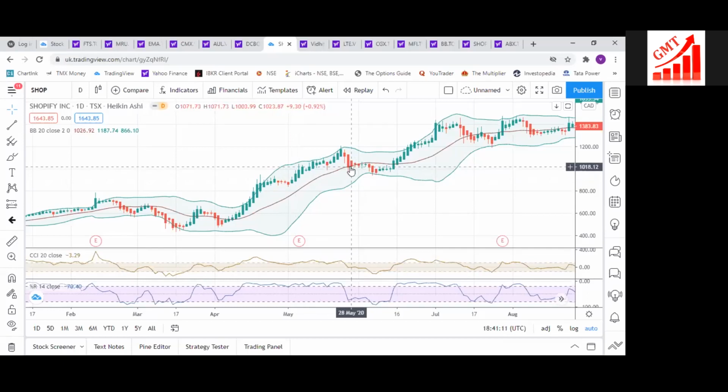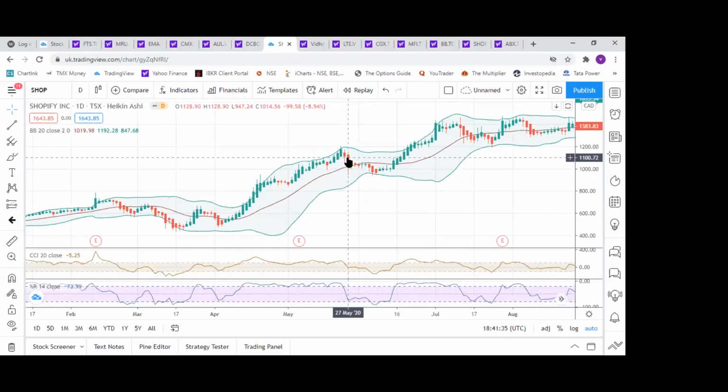So either I'm exiting at price or I'm exiting. If I'm a trader, I would have trailed my stop loss on this parameter to the low of this day, which would have been 1083. So 1083 were touched over here, I would have been out at 1083. On 27th of May, I would have been out. Entry was done on 5th of May at 950. 1083 gives me another about 130 points, less than a month.